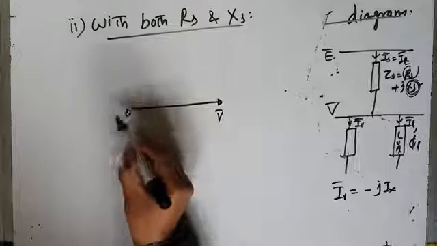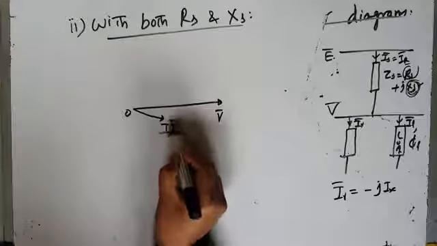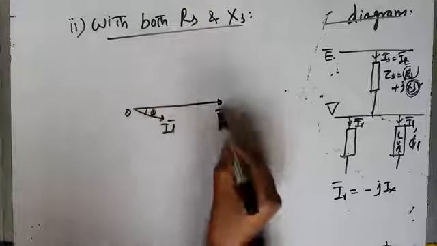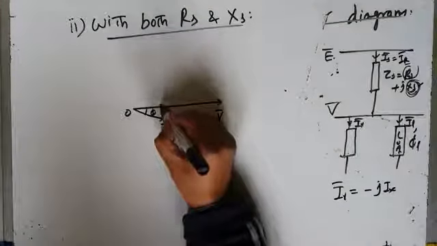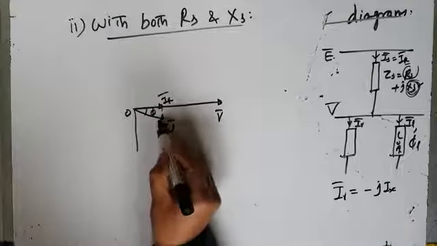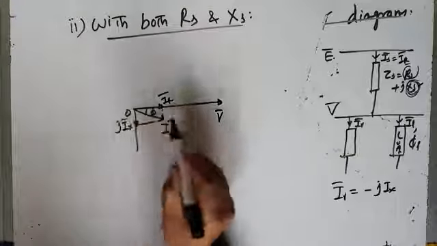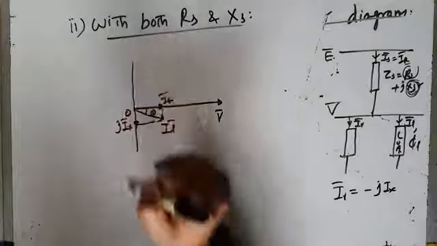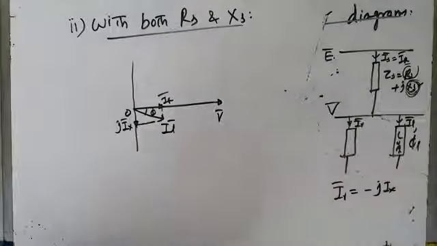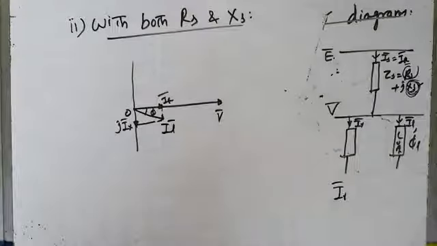This is V, right? This is load current IL lagging behind load voltage V by phi. As usual, this is the in-phase component of current IR, and this is the quadrature component of load current, JIX, and this will be our compensator current. Now in this case, compensator current will not be equal to minus IX.